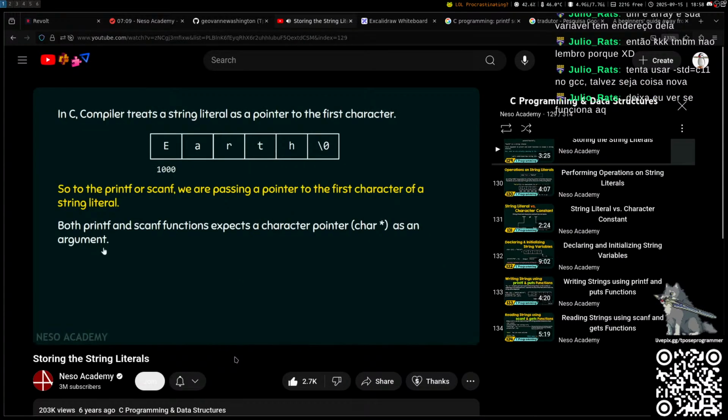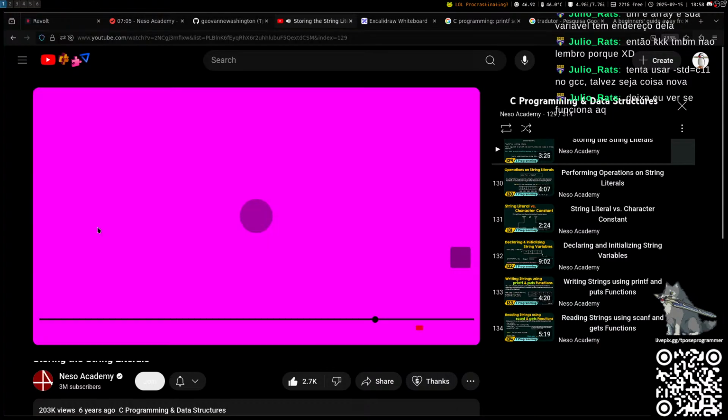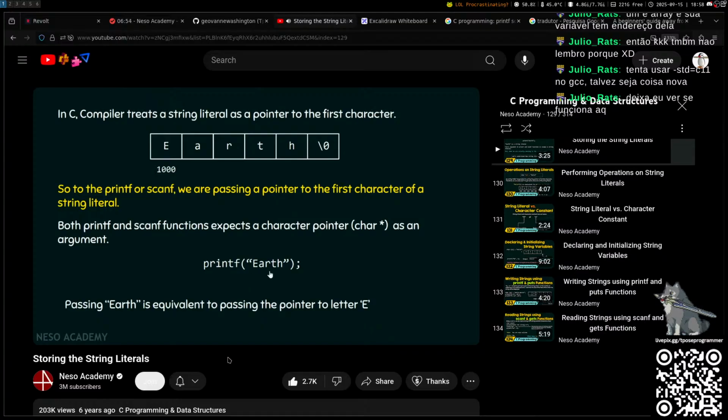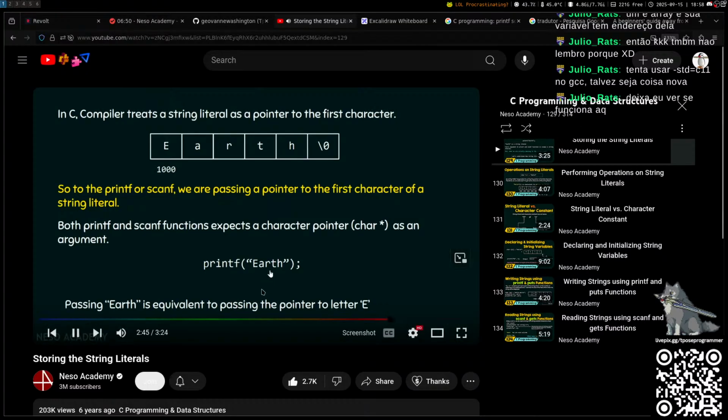They are always expecting a character pointer as an argument. So both printf and scanf functions expect a character pointer. Okay, makes sense. When I pass a string literal to this printf function, it is equivalent to passing the pointer to the letter E. Automatically the printf function will traverse the whole